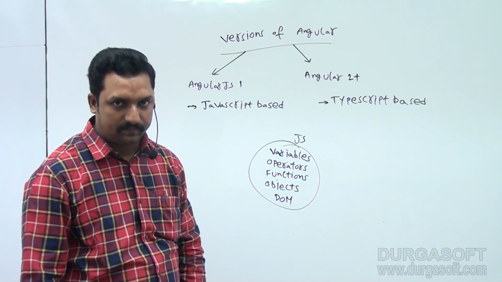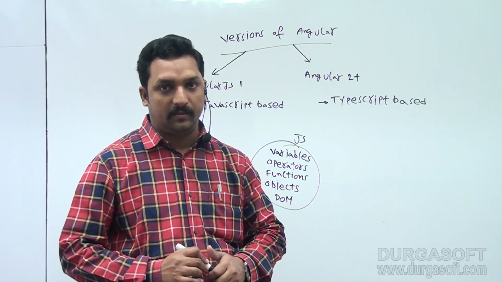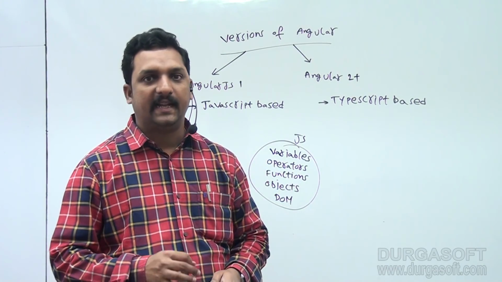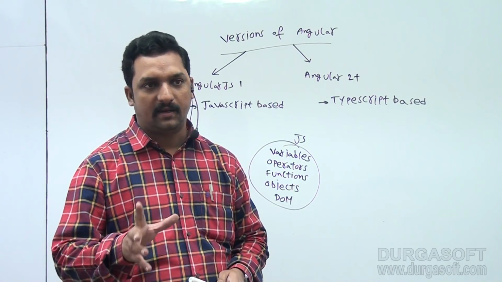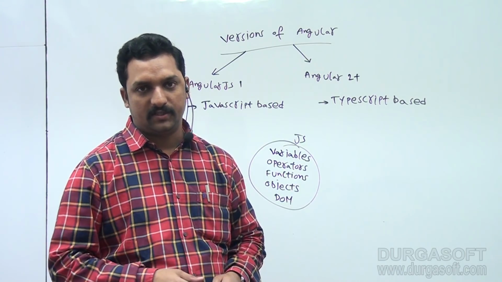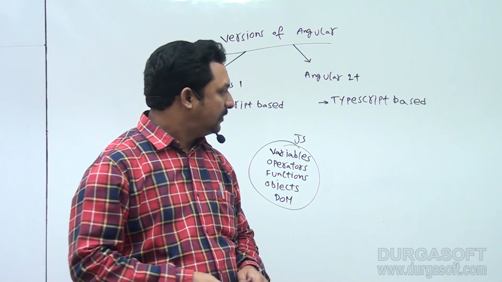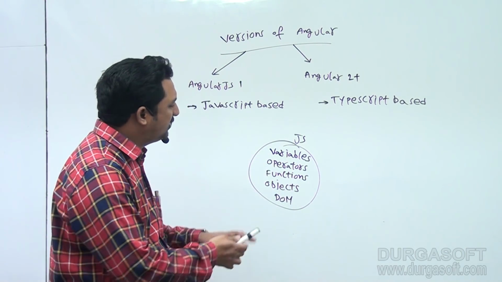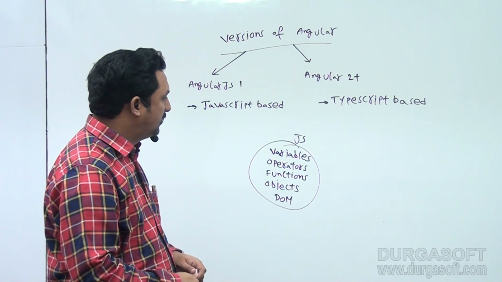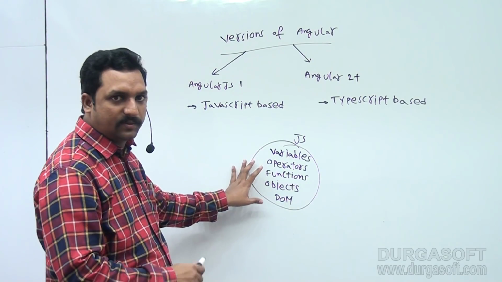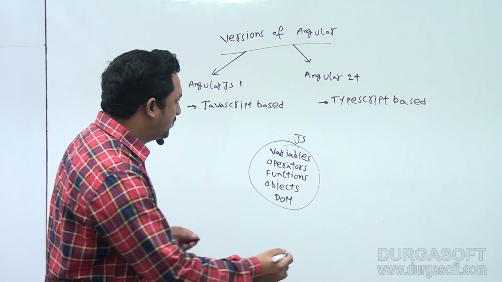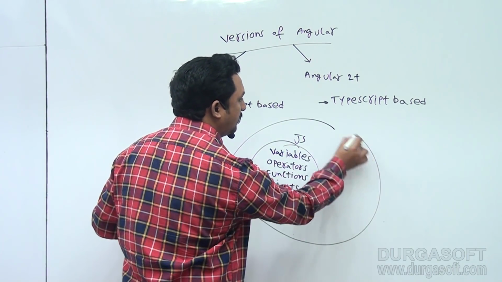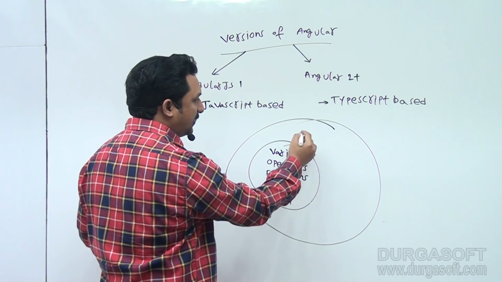Document Object Model means a window object, a document object, and some functions like getElementById, alert, confirm, and different other functions and properties available. Overall, you are able to interact with browser related things. These are the main stuff of JavaScript. The same concepts work in TypeScript, but it's an outer circle which contains everything of JavaScript